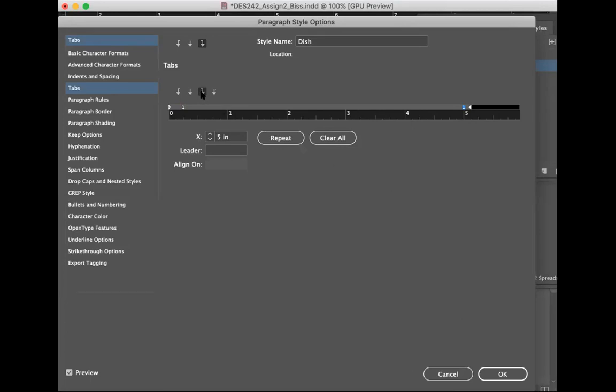Okay, so I just selected the right justified tab, and I selected where I want that price point to end and align. Now, at this point, I want to put a leader in there too. So not only do I want this to be tabbed and aligned, I want to put those dot, dot, dots in there. So with this last right justified tab selected, I want to see where it says leader down there. Click in that area and just put a little period. You just type a period in on your keyboard, just one period, and click OK.